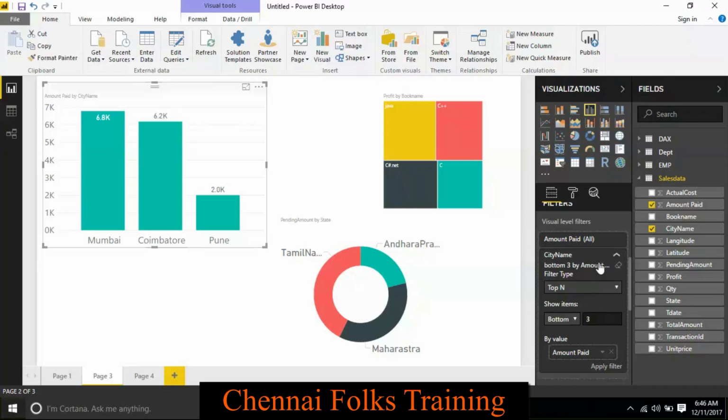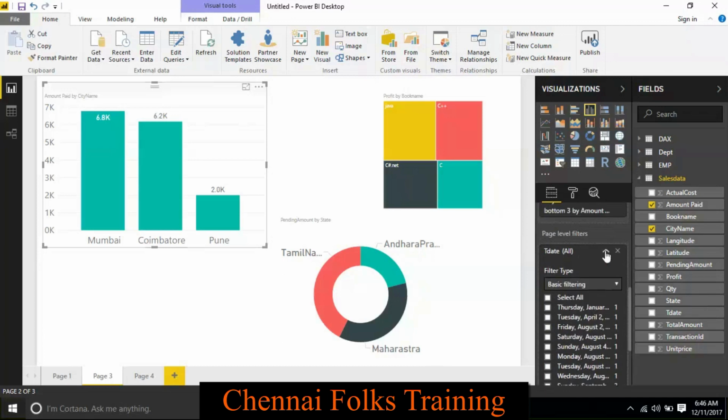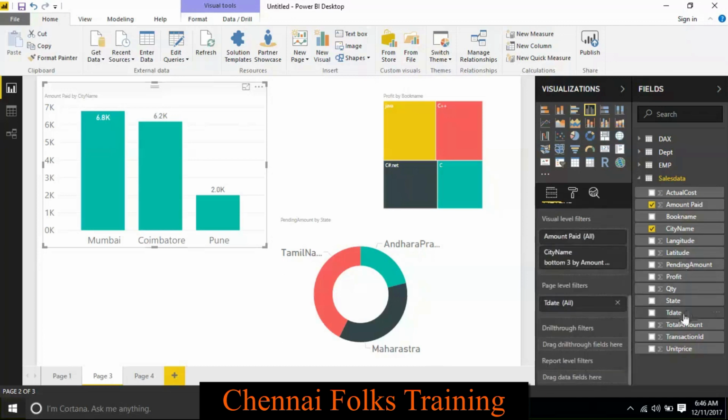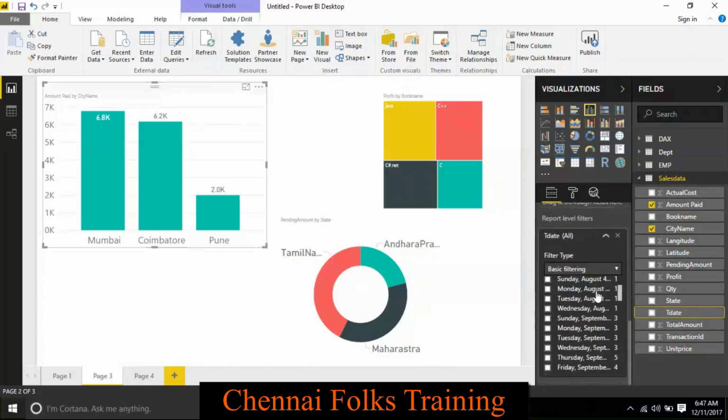Okay, so that is what top n categories. So that is about how to derive top n categories. And the final thing is, whenever you use a date column, you have an option called relative date filtering. So if you use a date column as part of any filter, you have another option called relative